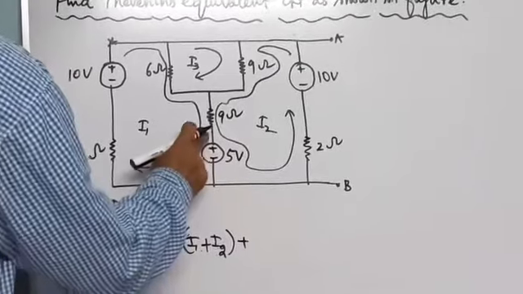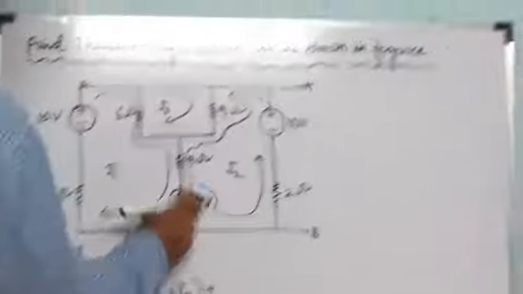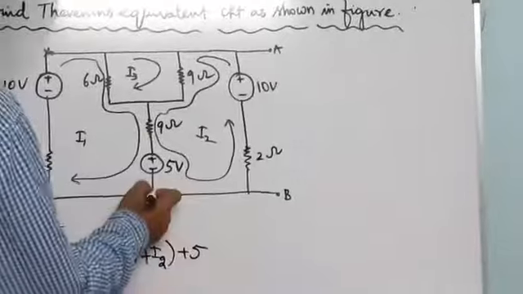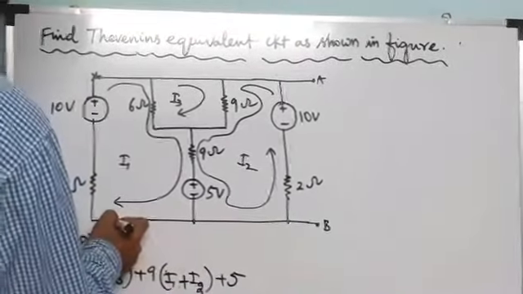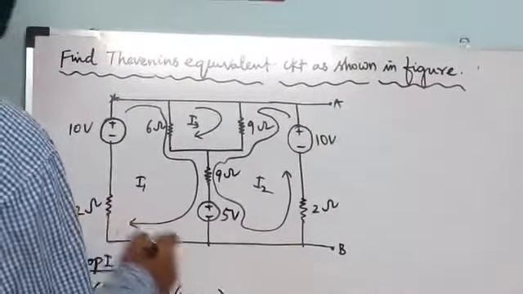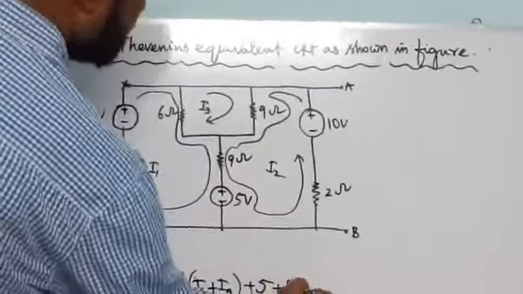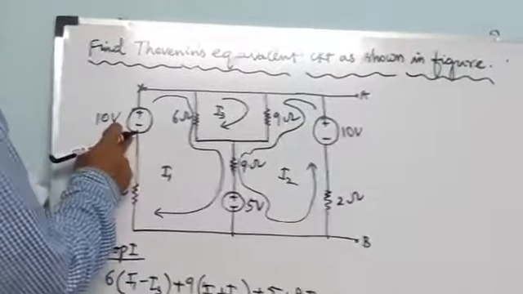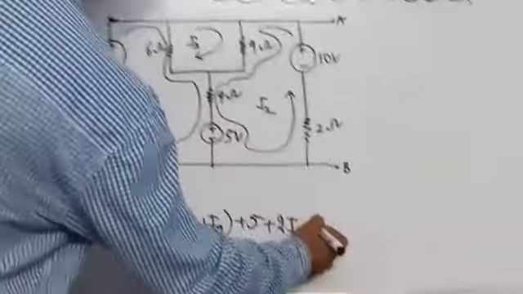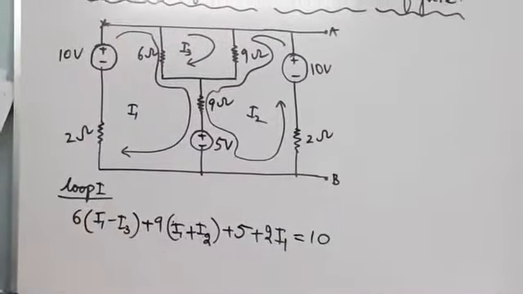Now the voltage source. We are going towards the positive polarity of the voltage source, so plus 5. If there is a minus, you write minus. Then here coming, here no resistance. Again here resistance. Which current is flowing through that 2 ohm resistance? I1. So plus I1. Now we are going towards the negative terminal of the voltage source, so minus 10, or you can write 10. Then ending point. So that's all.